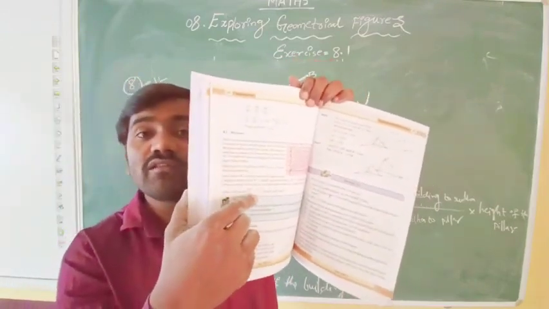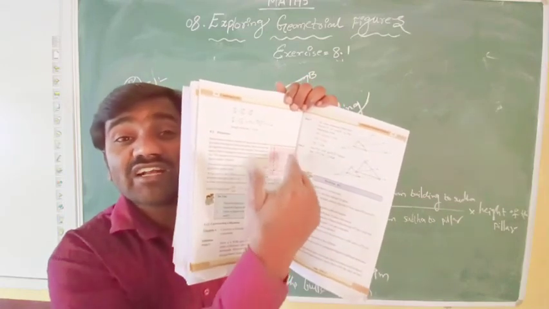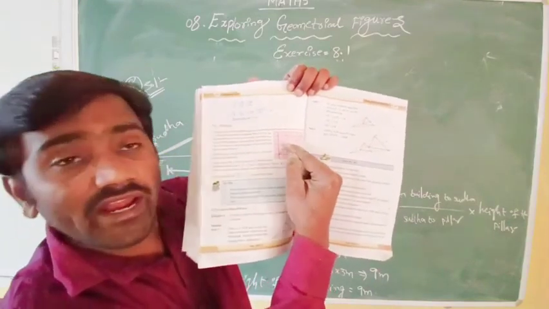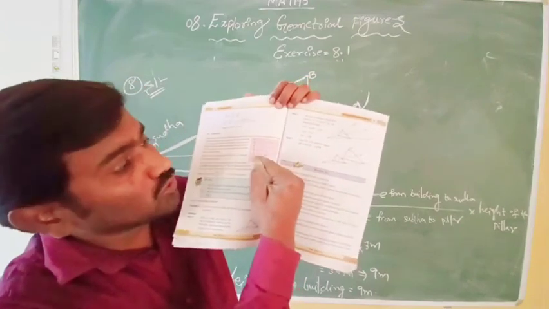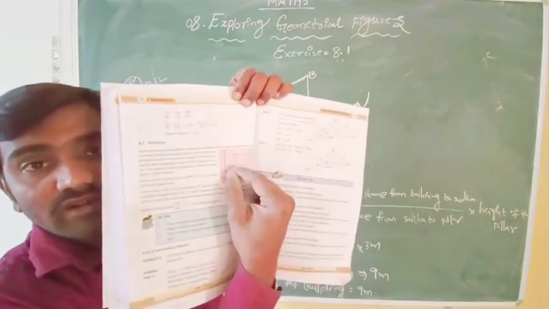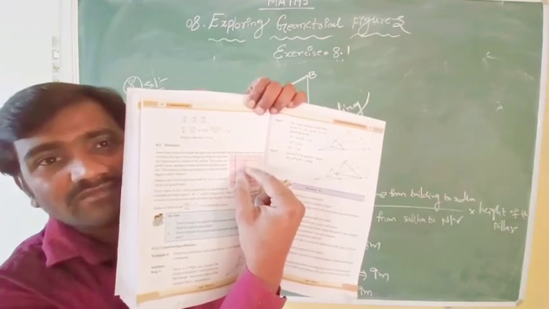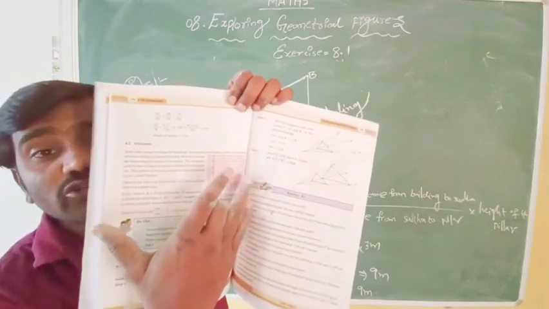OA dash by OA equals 2 by 1. That is, the scale factor is 2. But you have to take scale factor 3. See, from O to A dash, nothing but O to A dash, 2 units is taken, 1 and 1. There will be 2 units. Similarly you have to take 3 units. If you take 3 units, how is it enlarged? That you need to think.